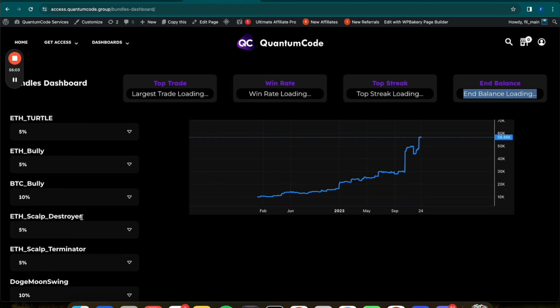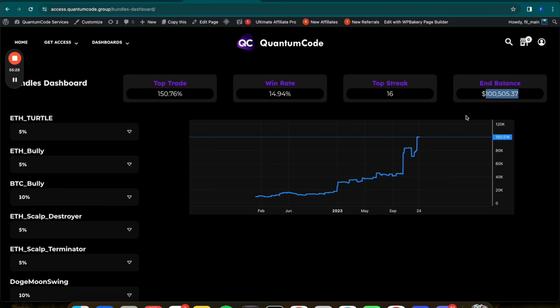Now, as we change the allocations, we would see what it's doing. It's calculating how the performance, based on live trades, would be if we had different allocations in those strategies. So it takes a little bit to calculate, because it's actually simulating it trade by trade with slippage, with fees and all of that stuff. So it takes a while. Okay, so we doubled our account.